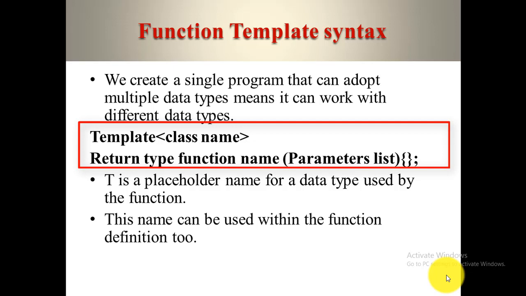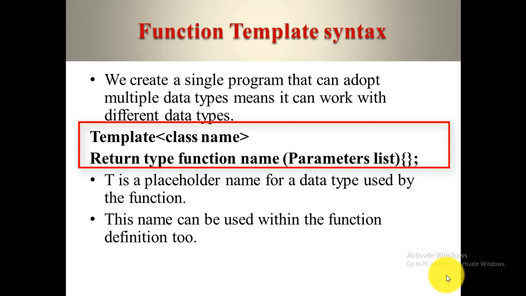T is basically a placeholder, or you can say a name for a data type in which all the data types are stored. In the syntax, after the class keyword we write the T. And when we define the function, first we define the return type, that would be of type T, and then the function name, the functionality the function is going to perform.